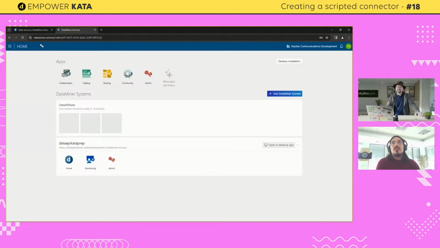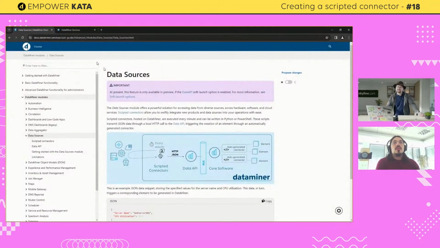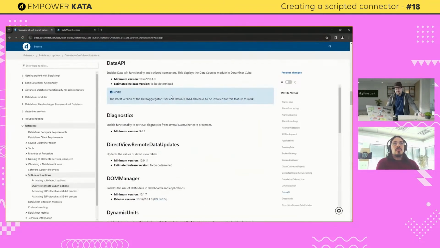The only thing I'll go here back to the docs. This is a feature that is currently only available as preview, and as such, you need to enable the data API soft launch flags. You can see here how it is done. You can read about it and do it. So given this, we only advise for now to use it on staging environments or development environments. And you can see already here the minimum version is 10.4.2, which is released, and 10.5 main release, which is imminent as well.